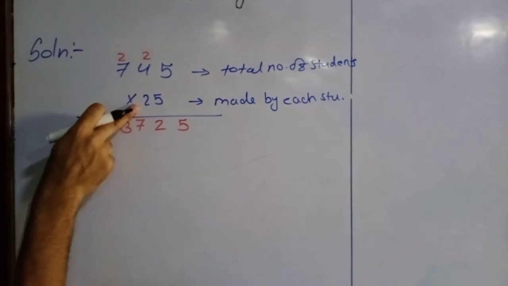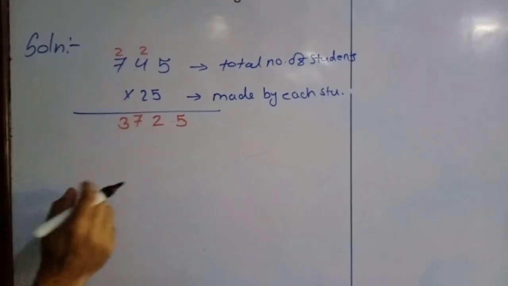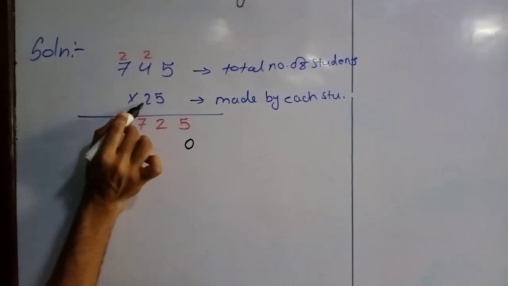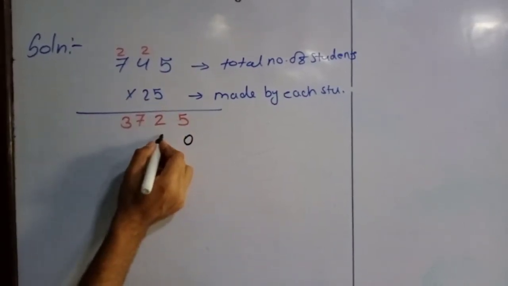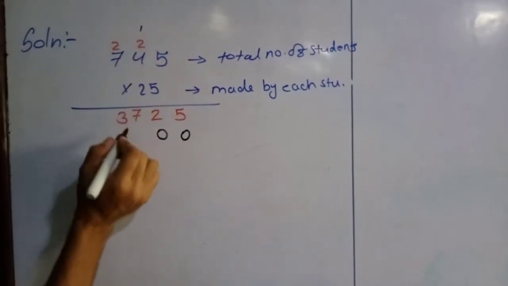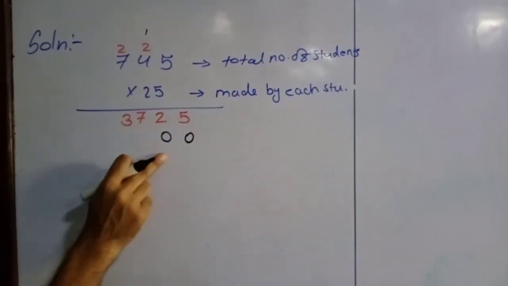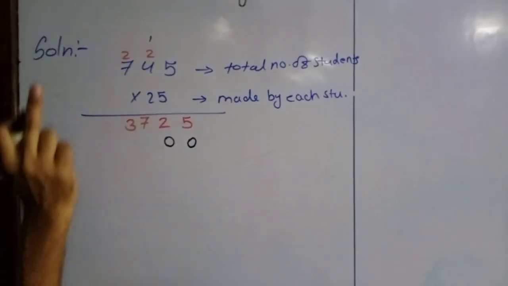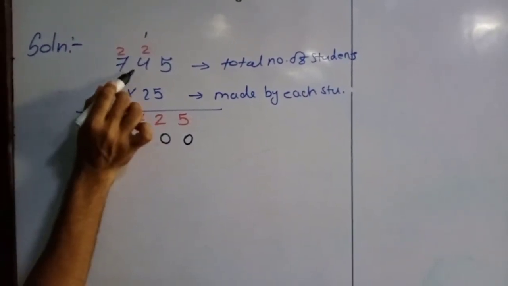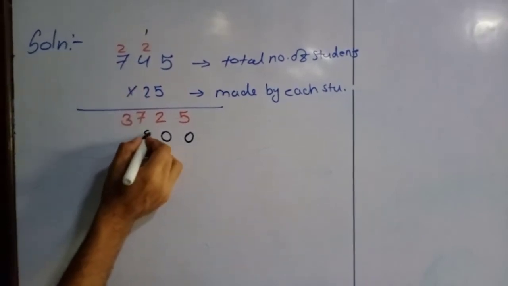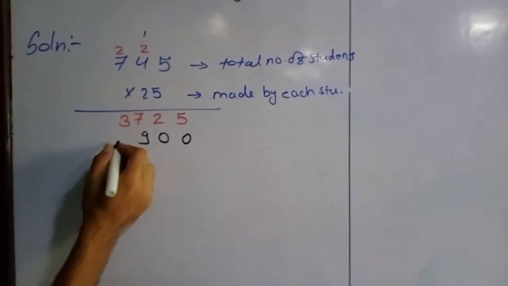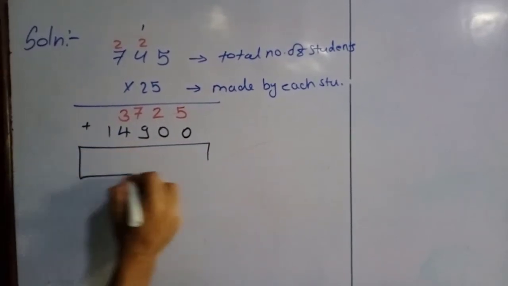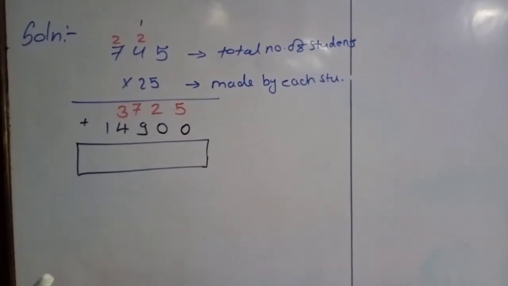Whenever we are starting multiplication by the digit at the tens place, we have to write 0 at the unit place. Now we have to start. 2 5s are 10. 0 is here. 1 we have to take as carry, because the digit at the unit place we are taking down, and the digit at the tens place we are taking as carry. 2 4s are 8 plus 1, 9. 2 7s are 14. We did that. Put the sign of plus. Do the addition of these two.